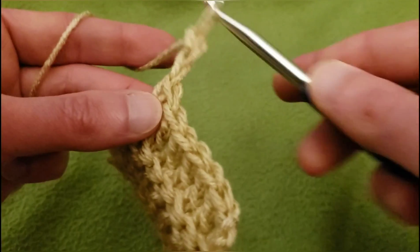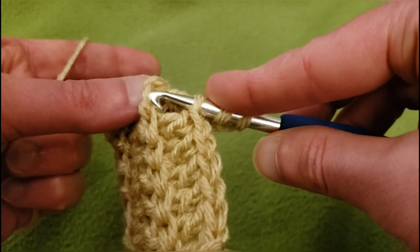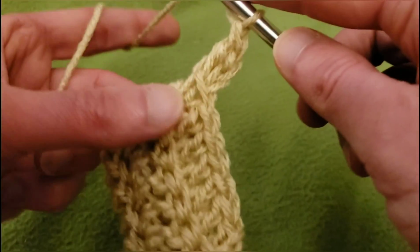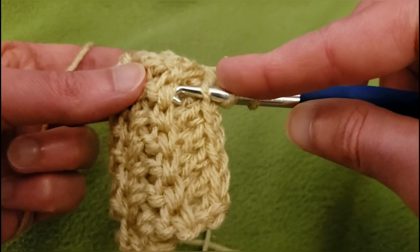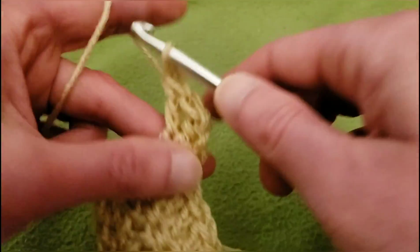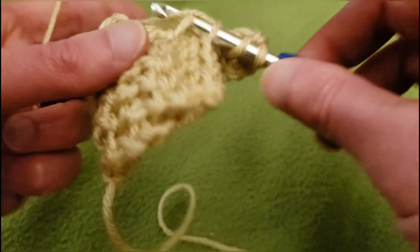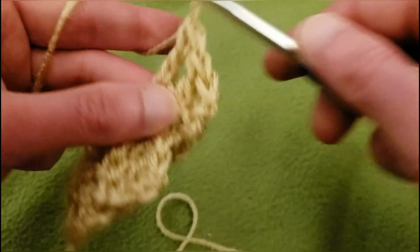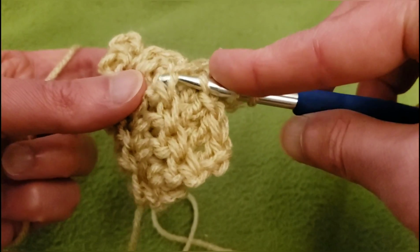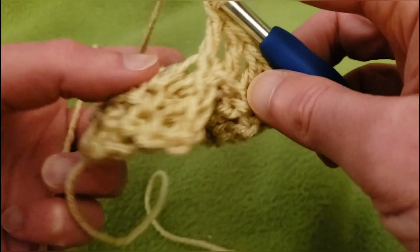All right, chain up 2, yarn over through that front loop, and then the loop down below, through 2 and 2 and 2, yarn over through that front loop, and the loop down below, through 2 and 2 and 2, yarn over, next stitch, and the loop down below, through 2 and 2 and 2, yarn over, next stitch, and the loop down below, through 2 and 2 and 2, yarn over,